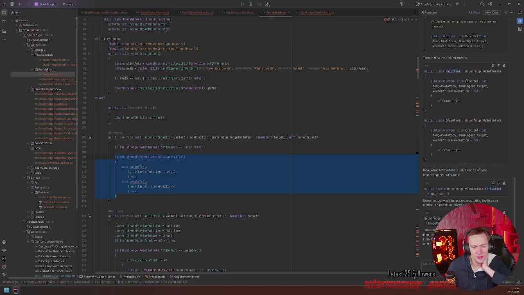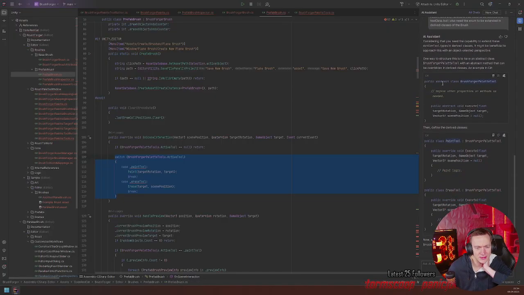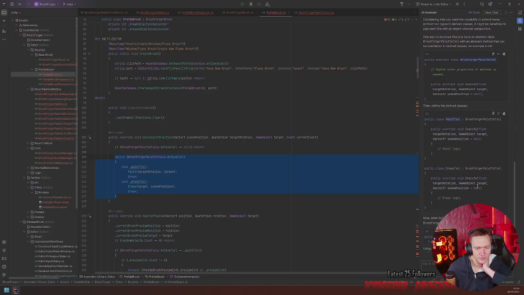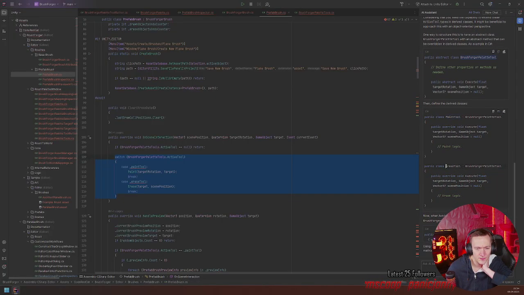I was like, yeah, I can do this. It would increase the complexity a little bit too much. Like you have to jump to the tool, look what the tool does, and the erase logic is actually not in the tool.